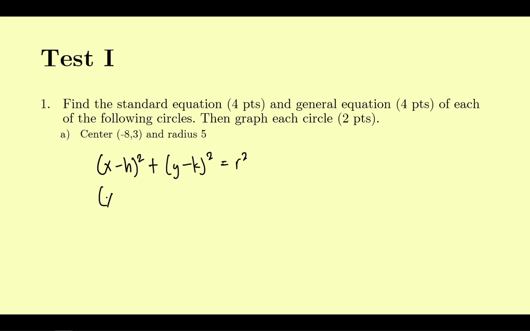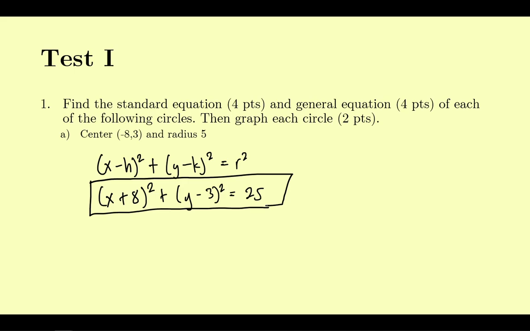So we have x plus 8 squared plus y minus 3 squared is equal to, radius is 5. That means square mo si 5. So meron tayong 25 dyan. And that will be your standard equation. Next, we will find the general equation by expanding this quantity. So that means we have x squared plus 16x